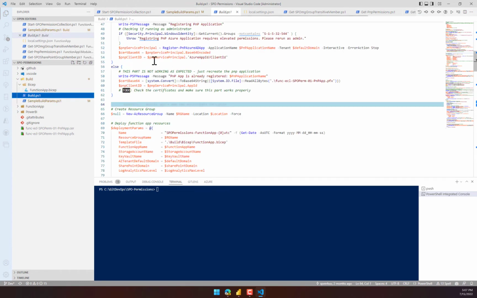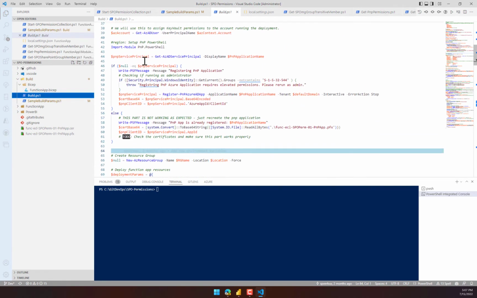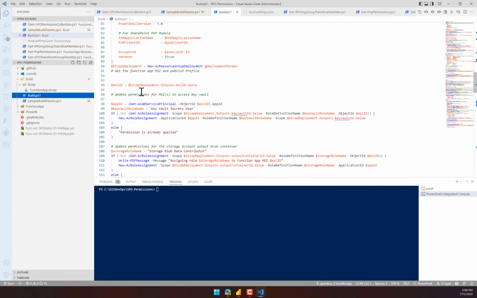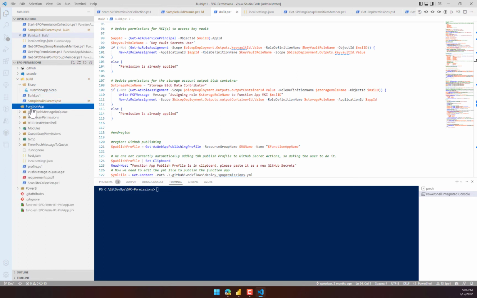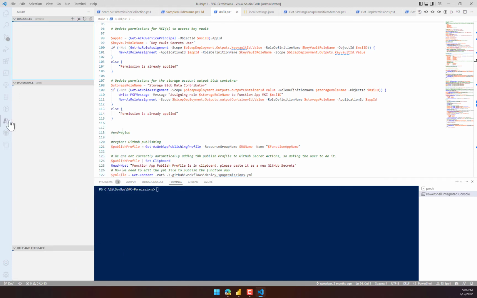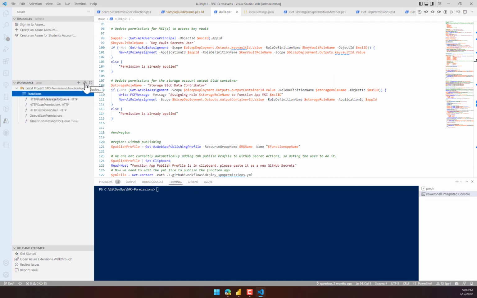And then you use the build.ps1, just go through it and run each part of the code in order to build everything. This will create everything for you. It will create the Azure Functions, it will create the required permissions, it will do everything. Once this is done, the next step is to just go and upload your function app. You can do this by going here into Azure and go to Functions and then click on Deploy. Once you deploy it, it will copy the entire code into your newly created function,